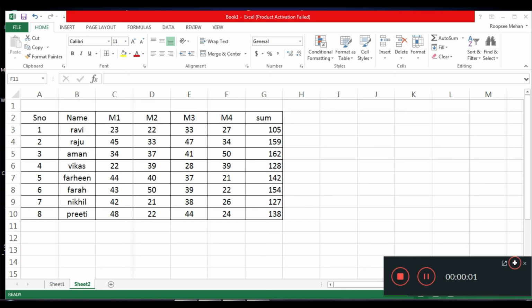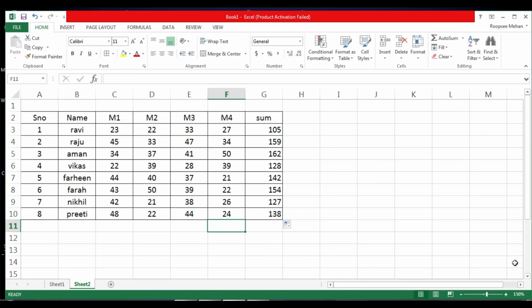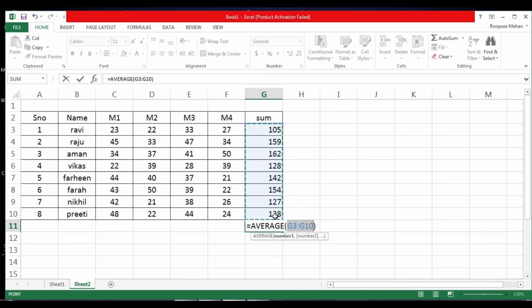Now as you have learned how to calculate total, or we can say sum, using auto sum or using formula, now let's see other functions. So if I want to calculate the average of the numbers given over here, given in this G column, let's see how we can do. First step is, let's click over here, go to the home tab, click on the drop down of auto sum and click on average. The formula gets applied and if the series selected is correct, just use it as it is and press enter,